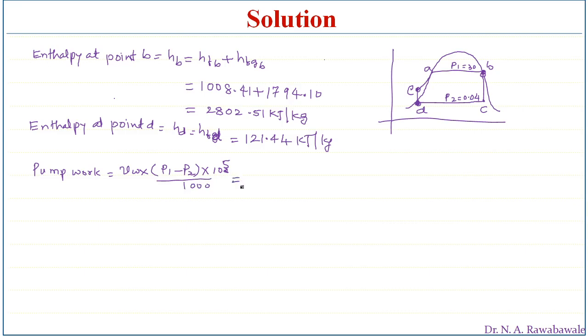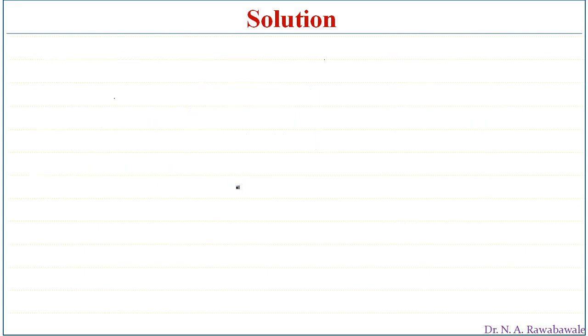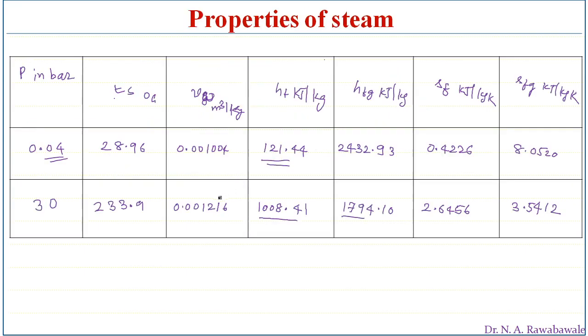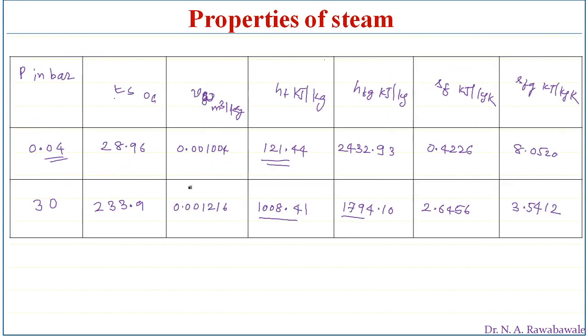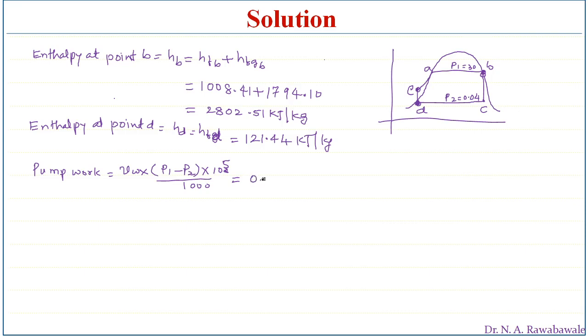The specific volume at point D, where pressure is 0.04 bar, is 0.001004. Pressure is increased from P2 to P1. P1 pressure is 30 minus 0.04, into 10 to the power of 5